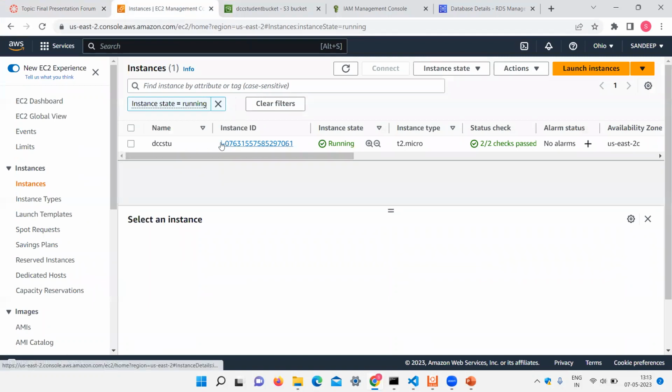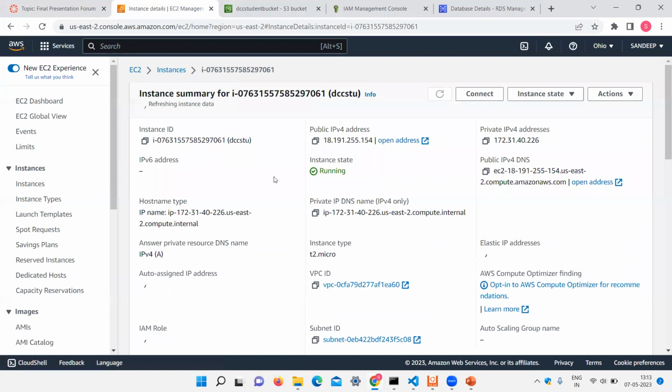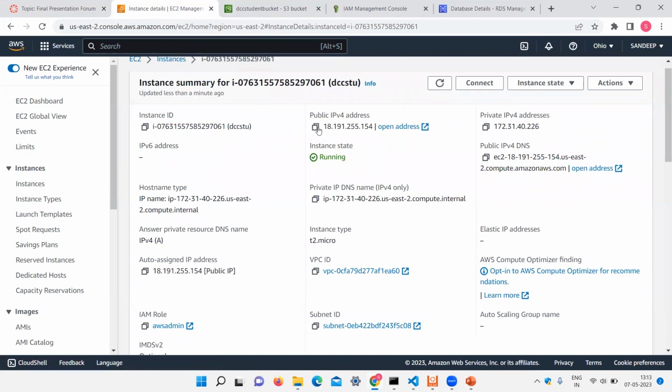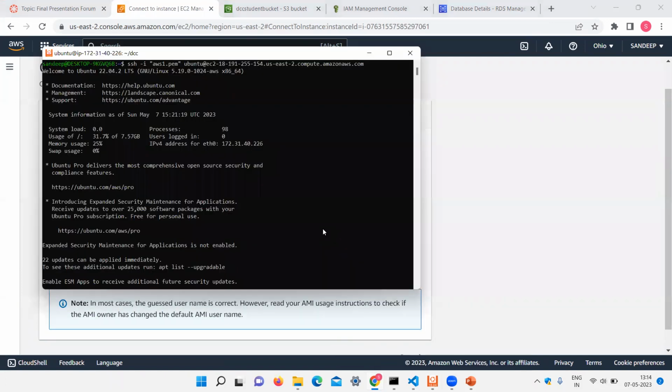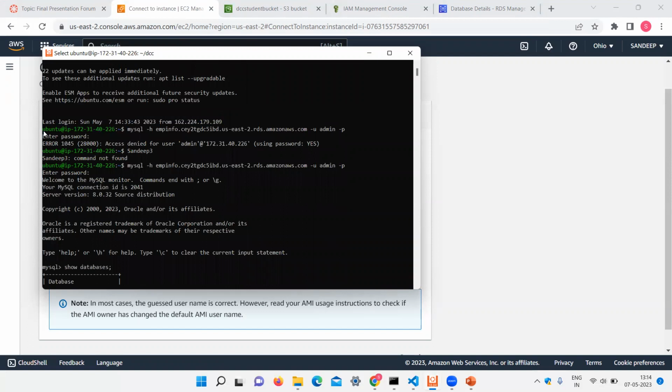So this is the EC2 instance that is created with the help of an Ubuntu machine. So let's enter into it. This is the public IPv4 of the instance, and this is the private IPv4. With the help of SSH commands, we have connected to the instance from the Ubuntu machine. Here is the command that is used to connect from the local Ubuntu machine to the instance. Here it is connected. It is displaying the IP address of the Ubuntu machine, and we have created an S3